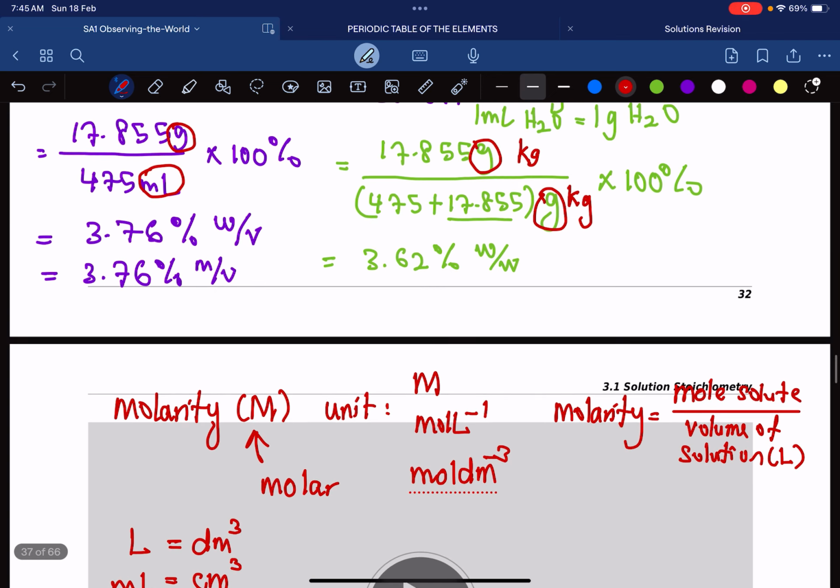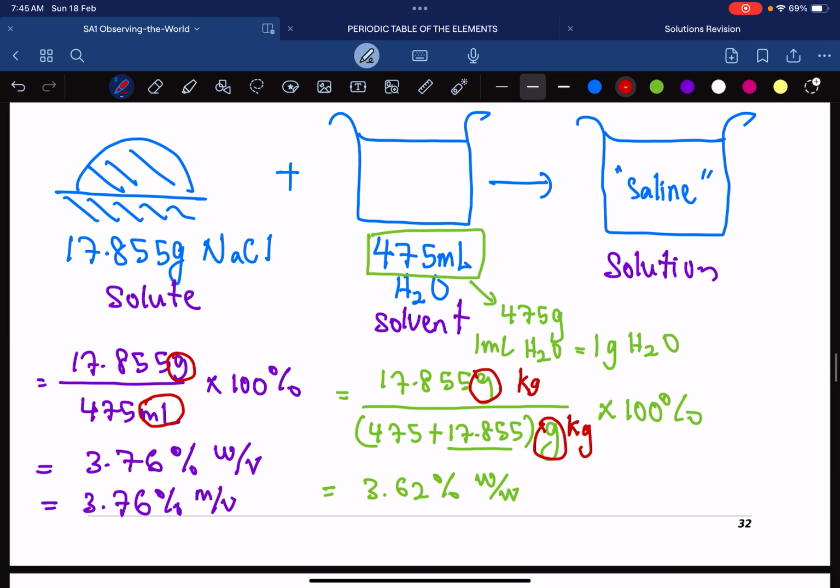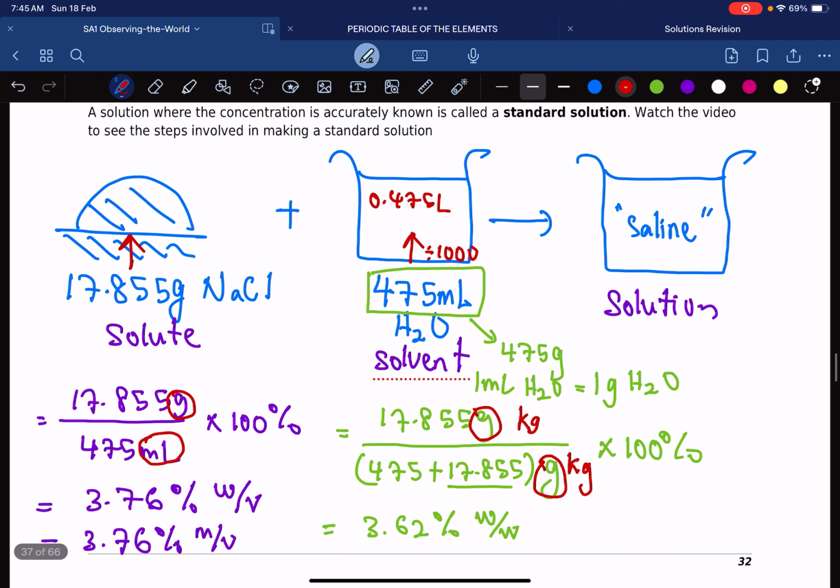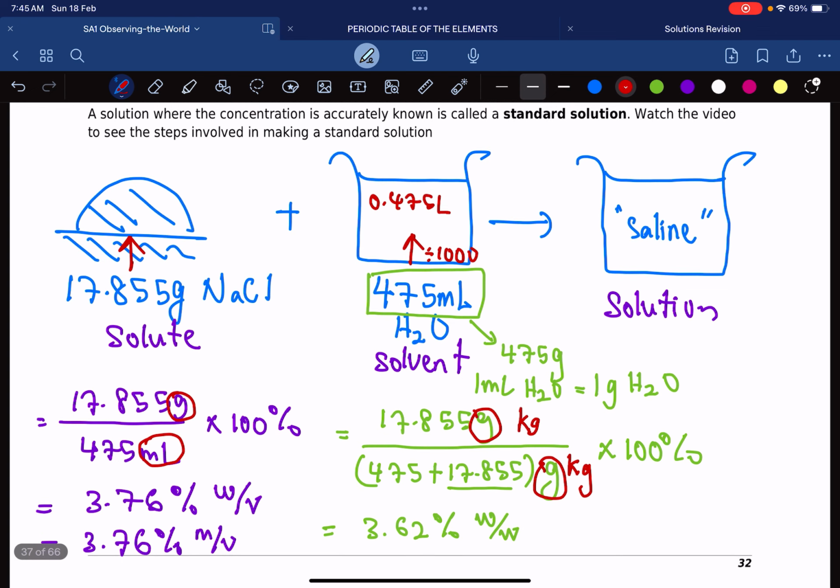So step number one is the volume. The volume here is 475. We're going to divide this with 1,000, and you get 0.475 liters. Now we're going to find the moles of the solute. The molar mass of sodium chloride, I know, is 58.5 grams per mole. So I'm going to take